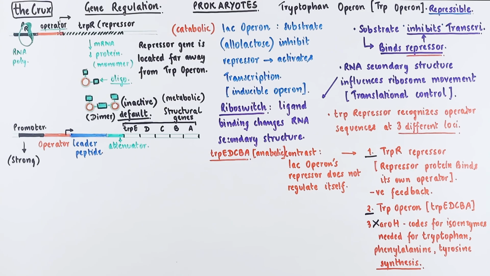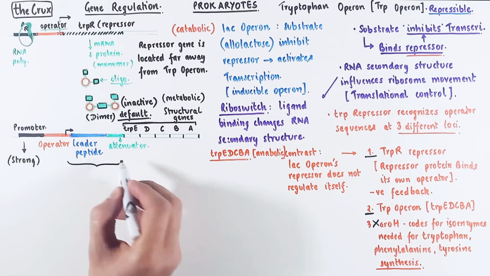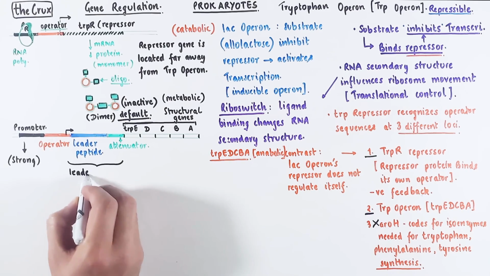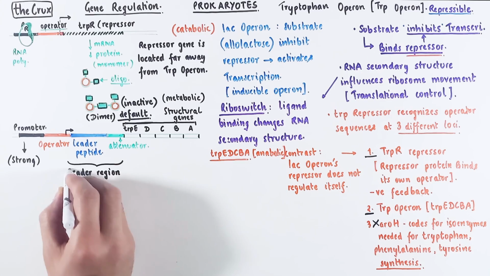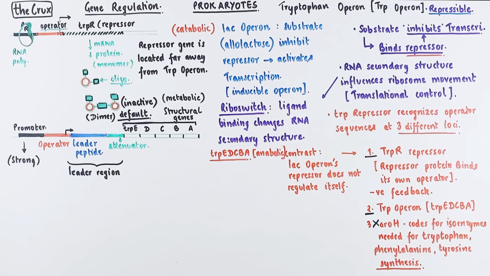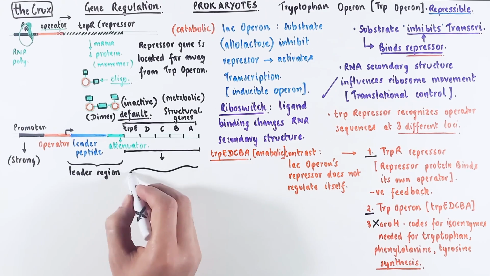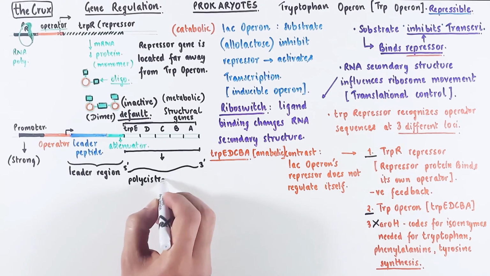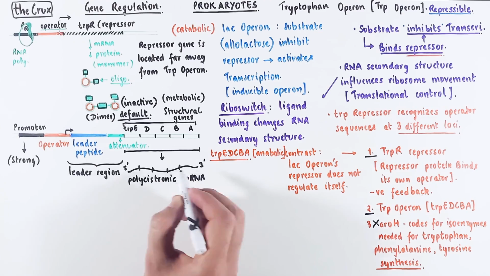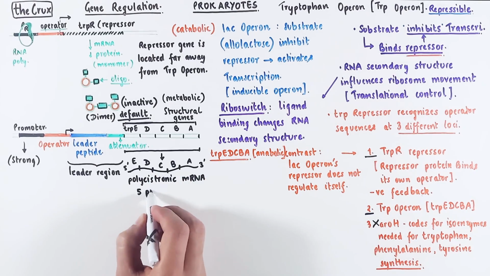Just for the sake of information, this leader peptide region and until the attenuator together is known as the leader region. It is essentially a fancy name for 5' UTR. The structural genes are the main genes, which are transcribed into a polycistronic mRNA that gets translated into 5 individual